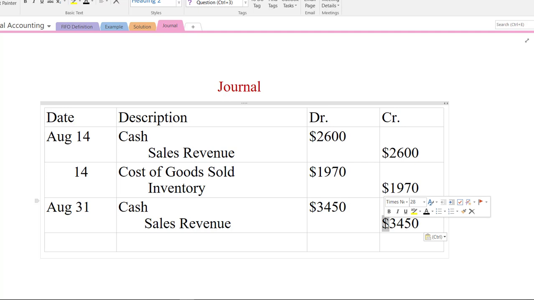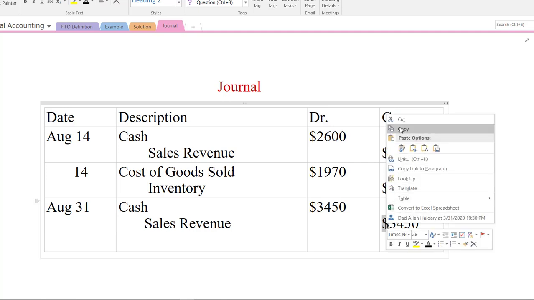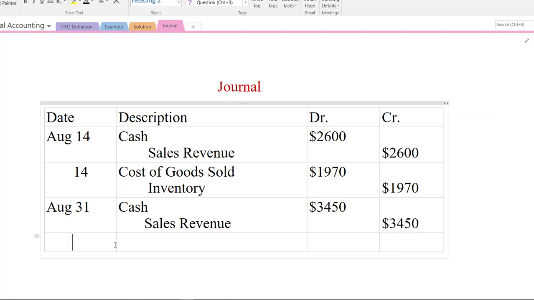3,450, right? I hope the concept is clear to every one of you. Now, students, we are moving to calculate the cost of goods sold, since we are using the perpetual method. So here I will write cost of goods sold. As I already told you, the cost of goods sold